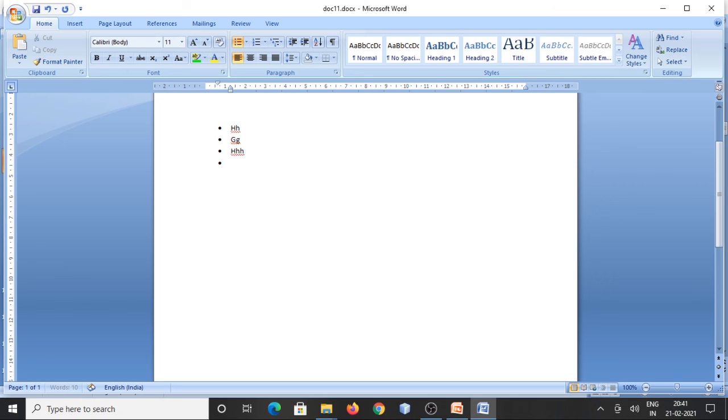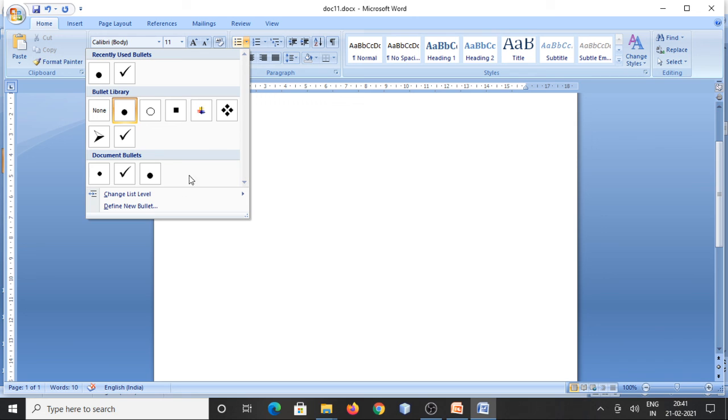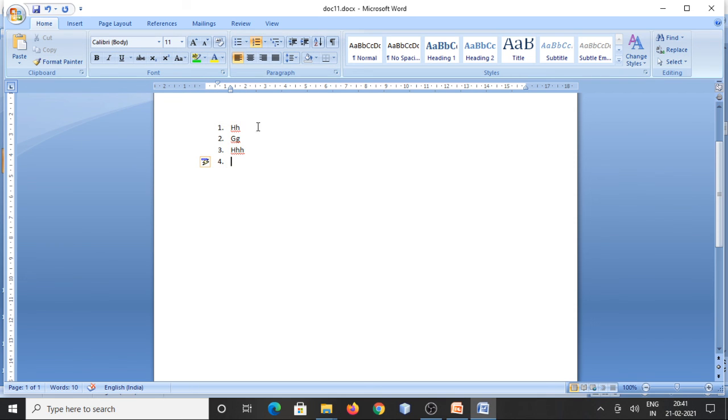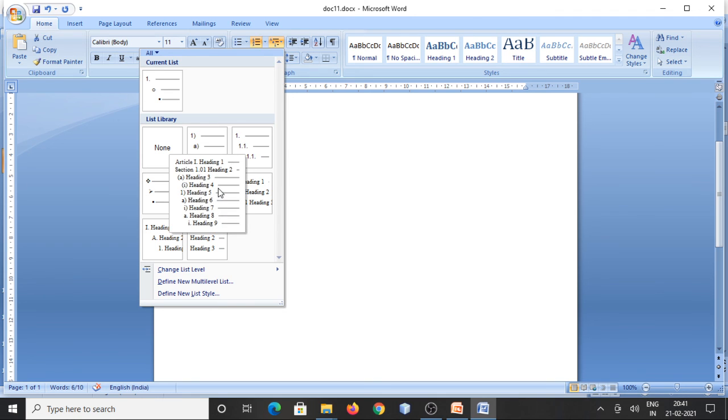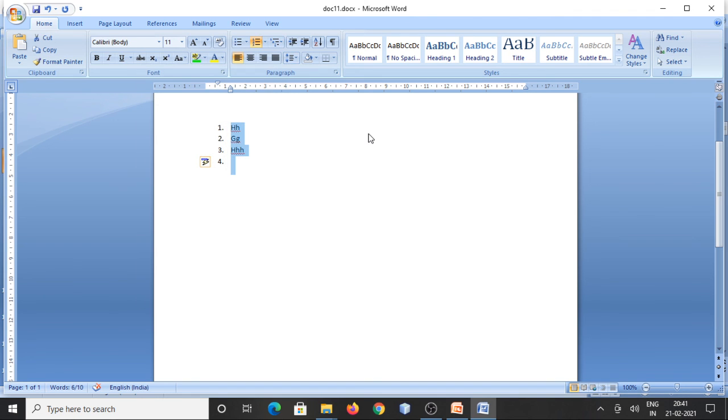The bullets will be displayed, and different styles are there, and if you want numbering, then you have to take the numbering. And this is for the multi-level list. In this type also we have to take. After selecting this one, if you select this one, it will come like this. So these are the different things present in Microsoft Word.